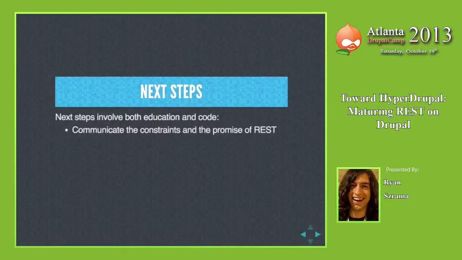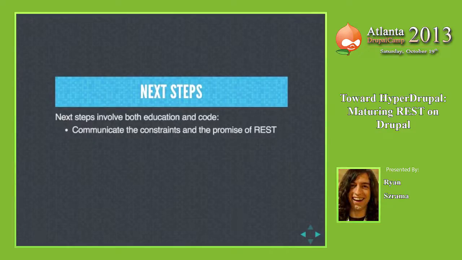Well, then suddenly all of the money that's being spent building better tools for those languages to create REST APIs could then be spent improving the Drupal tools to build REST APIs and consume them. And that's quite a bit of money. If you think about every single startup out there that's raising money to build some new web service, all that money is going toward improving the scaffolding tools in Ruby on Rails or the JavaScript frameworks to interact with the service. That money could be spent improving Drupal itself. So let's see if we can capture some market share there.